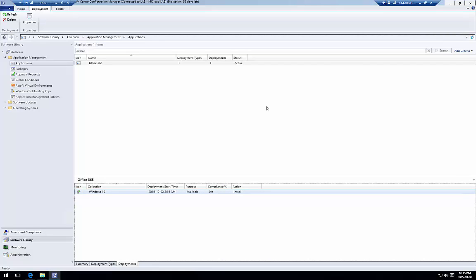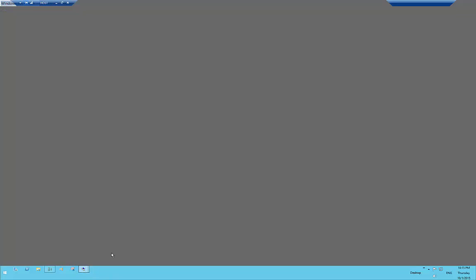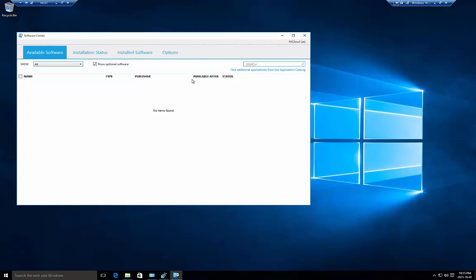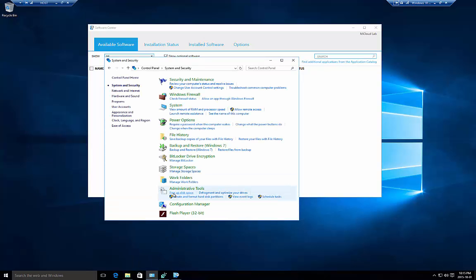So we're going to switch over to the Windows 10 VM right here. Here's my Software Center on this system. You notice it hasn't shown up here. To make it work a bit faster and check right away, instead of waiting the hour that the client or agent needs to communicate with SCCM, go into Control Panel under System and Security. There should be an entry for Configuration Manager if you've installed the client on the system,